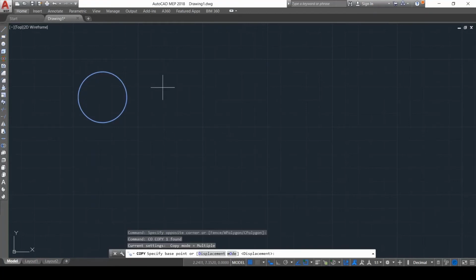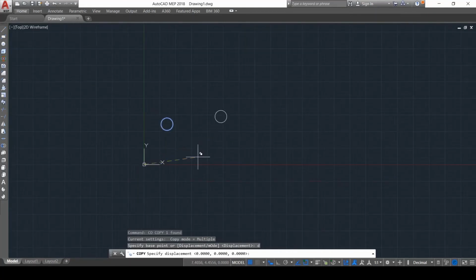Now what you have to do is type D, enter, and now you see a line or a reference has been taken from the origin of the XY plane, and as my mouse pointer moves, the second copy of this circle is also moving in the same way. So here we need it in the X direction at 100 mm, let's assume. Okay,